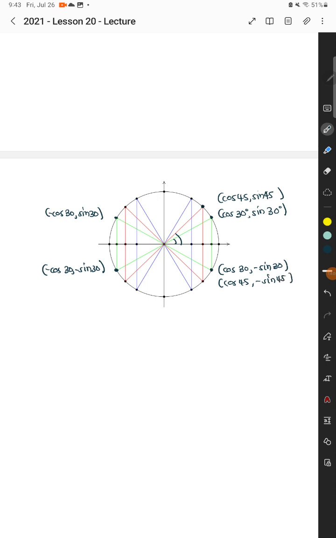About the y-axis, we had minus cosine 45, sine 45, and reflecting it about the origin, we had minus cosine 45, minus sine 45. So that just remains the one with the blue lines, and that is when we had our interior angle to be 60 degrees. So this here has coordinates cosine 60, sine 60, and